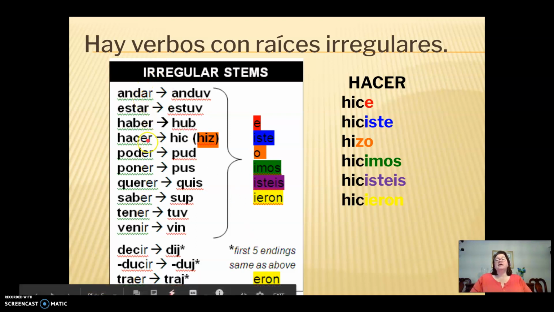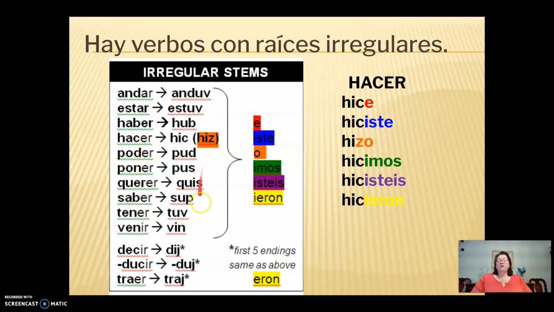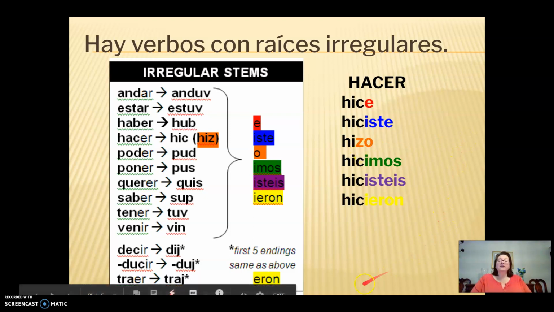Let's move on. All right, and also if you remember, there are some very irregular stems in the preterite as well. Andar, estar, haber, hacer, poder, these all have irregular stems. Notice they all use the same endings, right? So for example, hacer, to make or to do. Yo hice, I made, I did. Tú hiciste, you made, you did. Él and ella hizo, I have a Z here. That Z changes for the opposite reason of what happened in the screen before. I have a hard vowel now, so I've got to get that same S sound as here. So it becomes a Z, and that's why that Z is there. All right, let's keep moving forward.